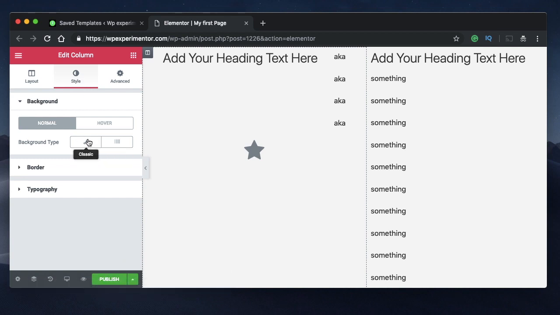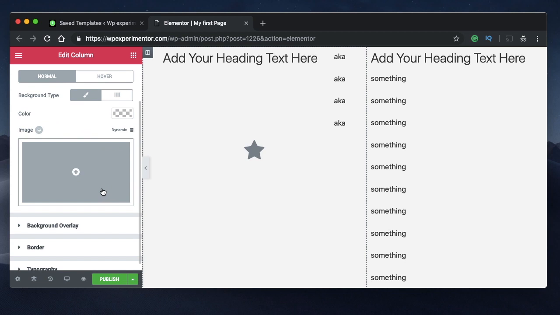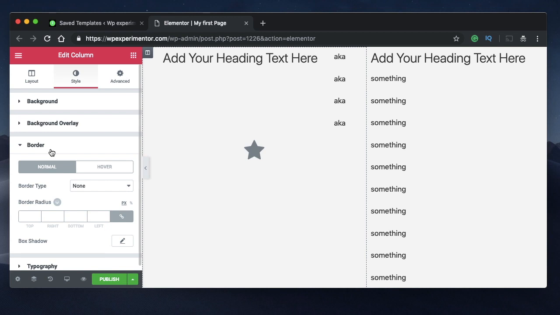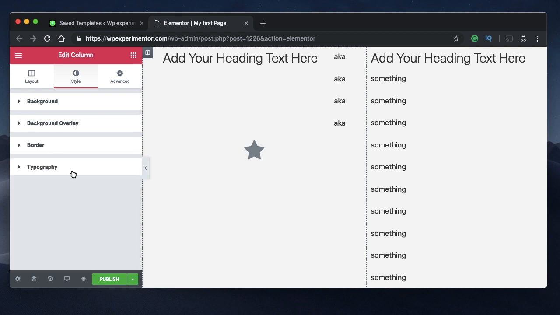You can have a classic background, which is basically an image, and then also have a background color or a gradient, and on hover you can have different things. You can add a background overlay as well. You can also add a border, normal and on hover. Typography, again,